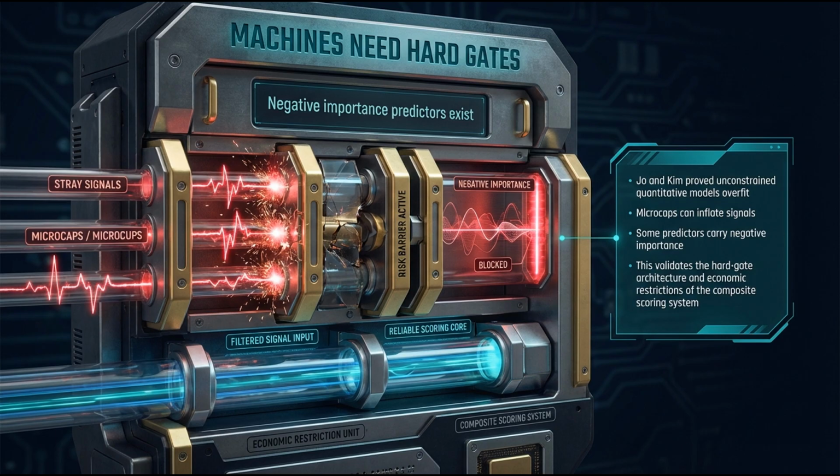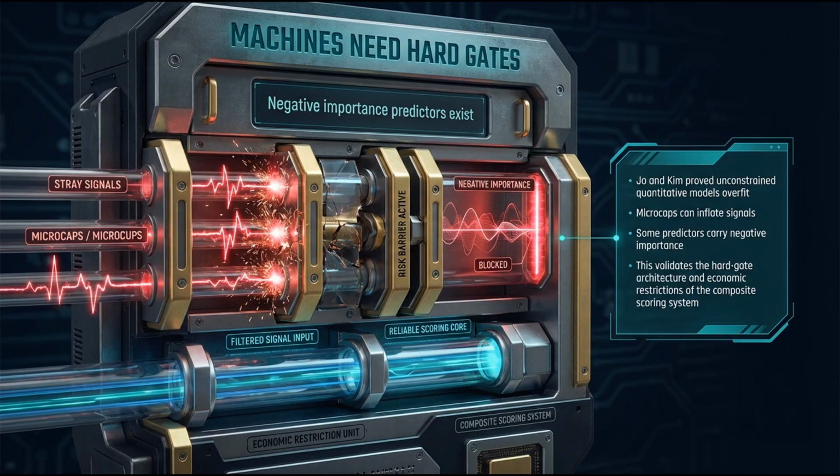Our framework functions precisely because it is constrained by human-engineered logic. We built the architecture. We built the hierarchy. We defined the entropy gates. The studies validate the precision of the tools we have forged, but they do not, and they cannot, replace the human craftsman interpreting the market context.